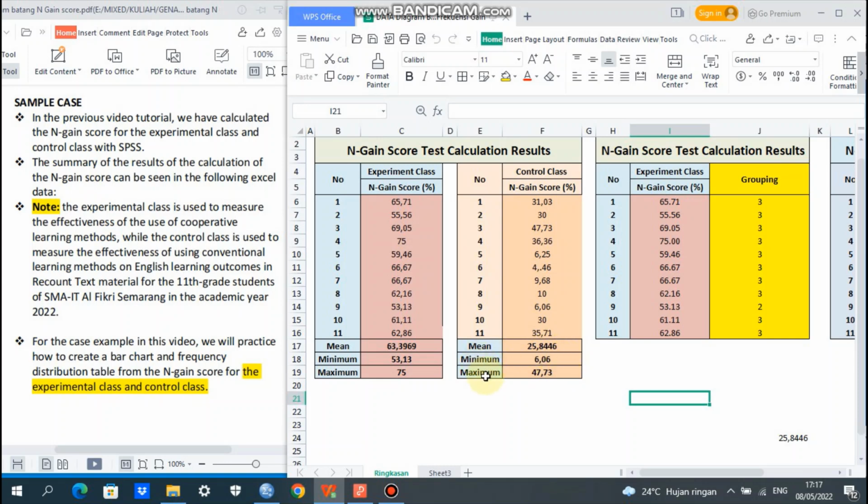And then here we have the minimum of 6.06 and the maximum of 47.73%.